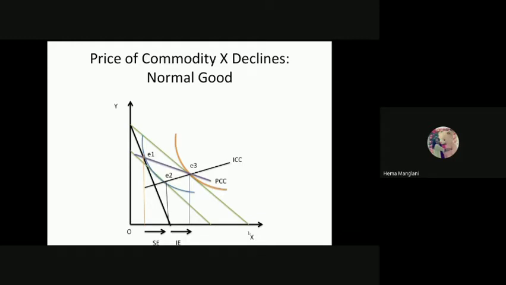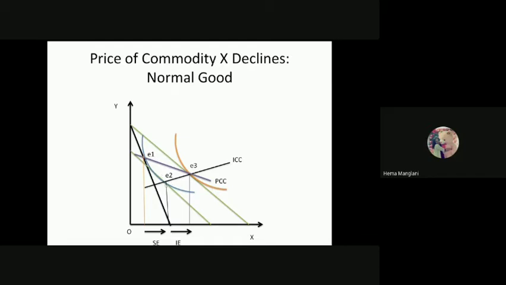As I assume this commodity X is a durable good, the consumer would like to consume more of X. Fine. So from E1 to E2, the consumer will consume more of X. At the same time, Y is declining. So here, more of both is not being consumed. So the shift from E1 to E2 says that you are consuming more of the X commodity. Now, from E1 to E2, what is actually happening? This is the substitution effect. There I have written, this is the substitution effect.